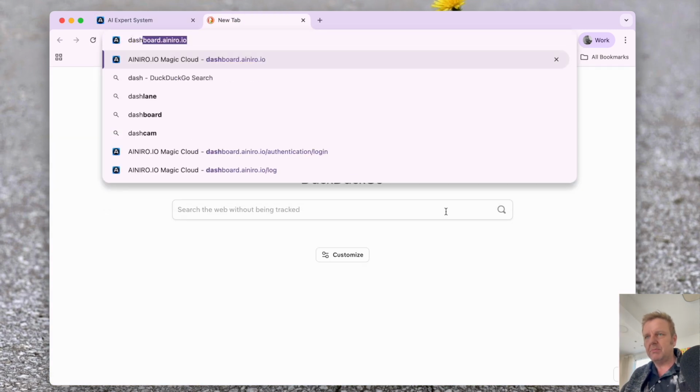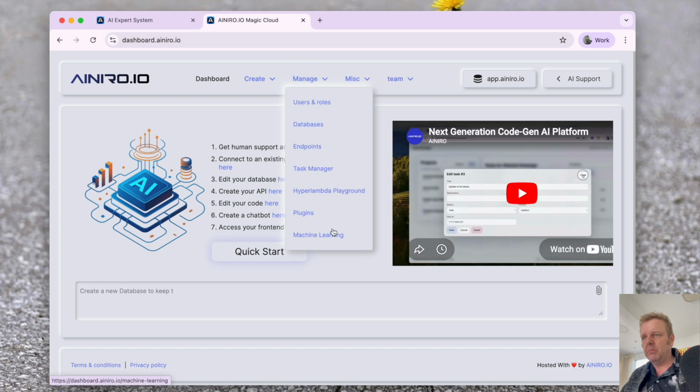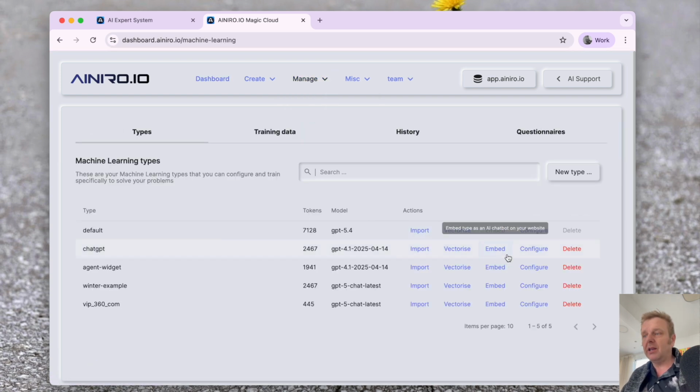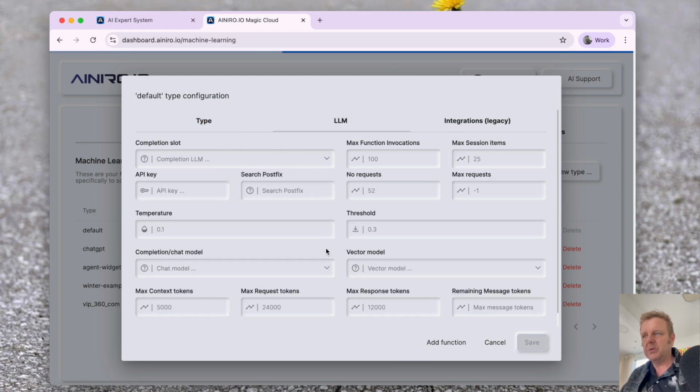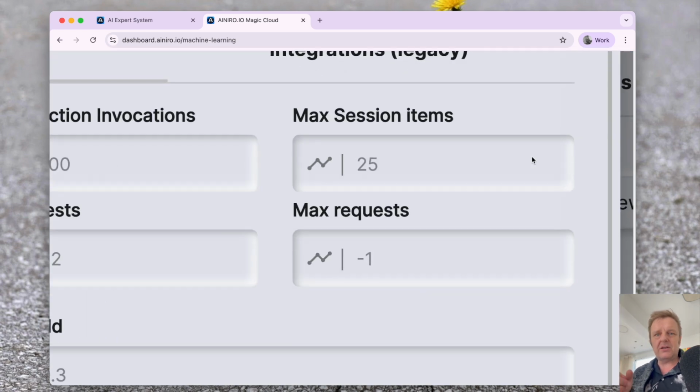Let me show you exactly how it works by going here to machine learning and finding the specific type I was actually using. This is the type that I was currently using. And as you can see here, it's got max session items of 25. When I reach 80% of that, implying I got like 21 messages or more in my context,